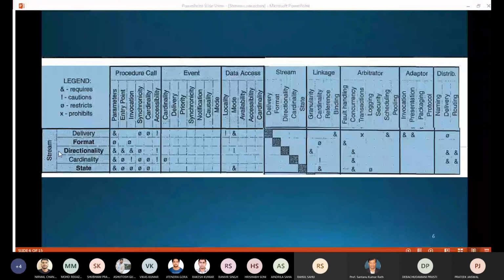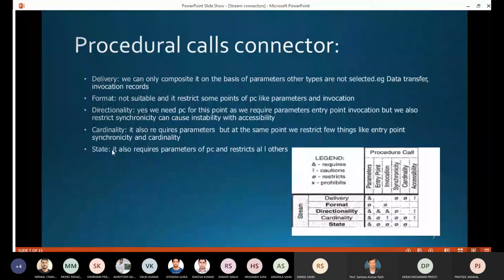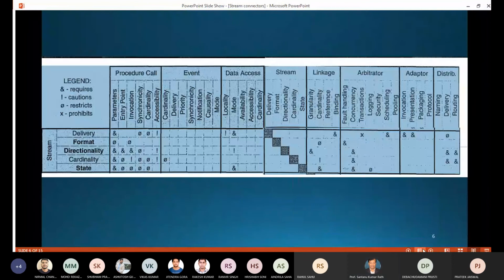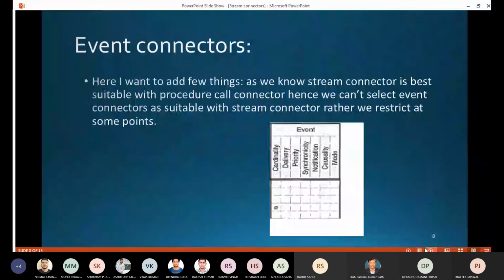Okay, so you can see in event I have made other slides also. Procedure call, I made the slides, but I discussed only that one because it is suitable and clearly visible. The stream connector is best suited to procedure call.